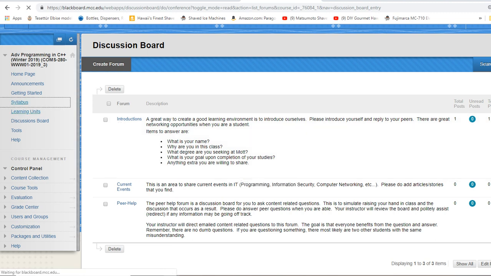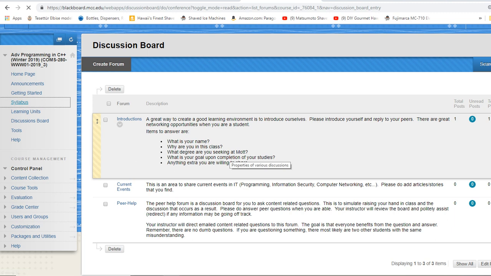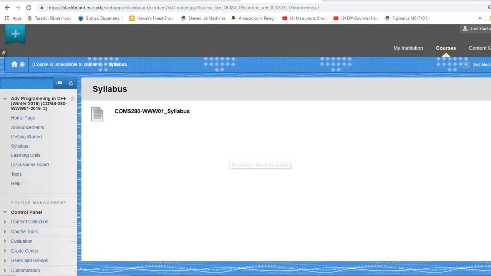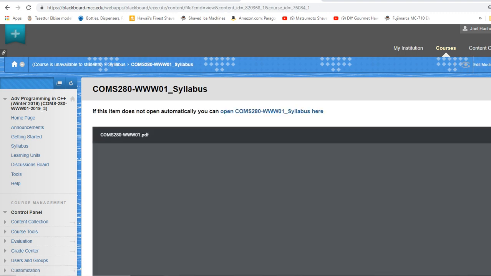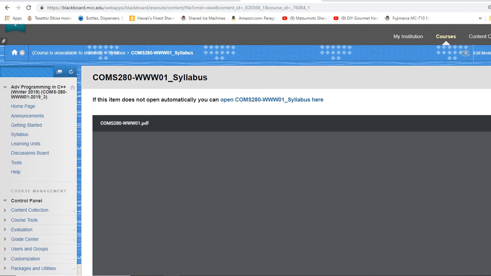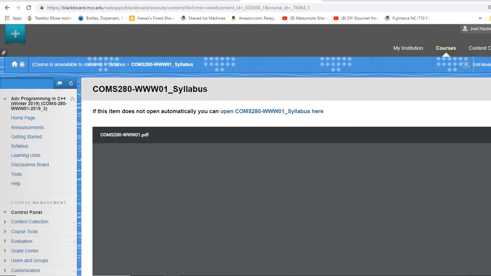Now let's go ahead and jump into the syllabus to review what you have to get done, the different steps that you need to accomplish to have a successful, stress-free semester. Once you jump into the syllabus, as soon as it opens, which is taking long, but we'll get there eventually. Adobe's been acting kind of weird. Let's open a new thread and see what happens.